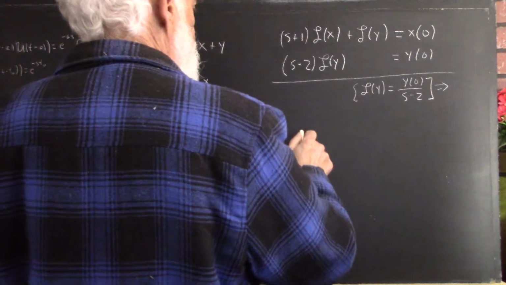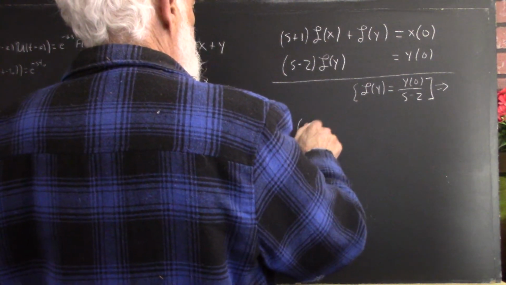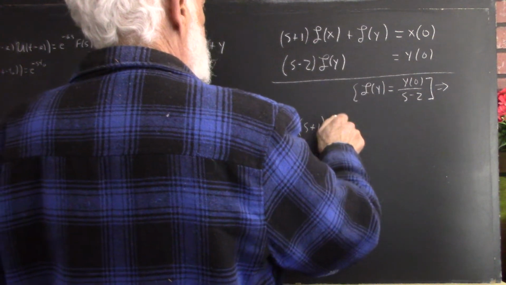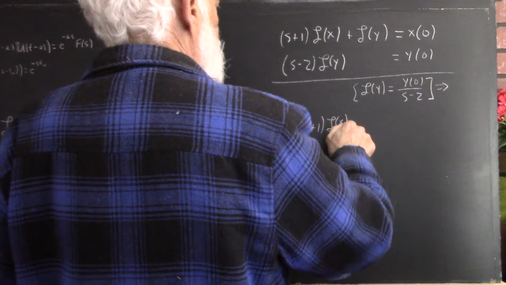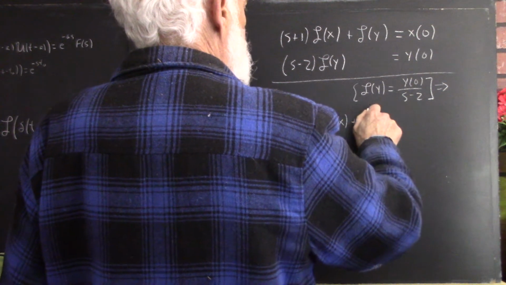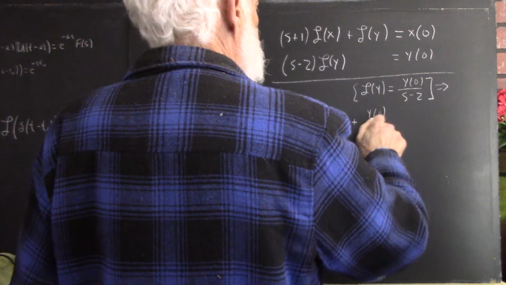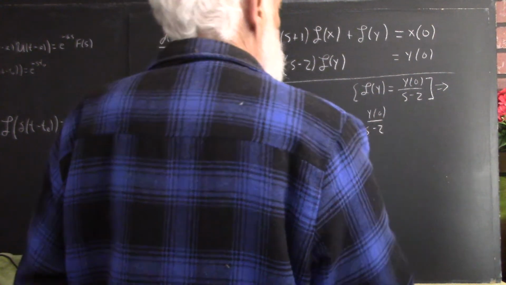And that implies then that s plus 1 L of x plus y of 0 over s minus 2